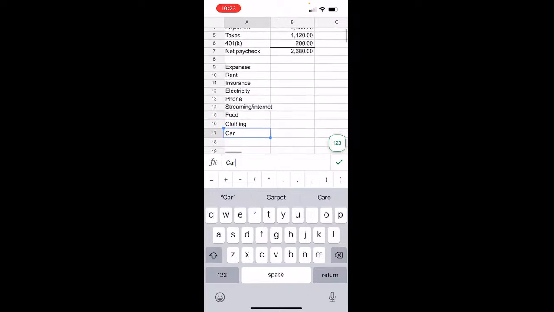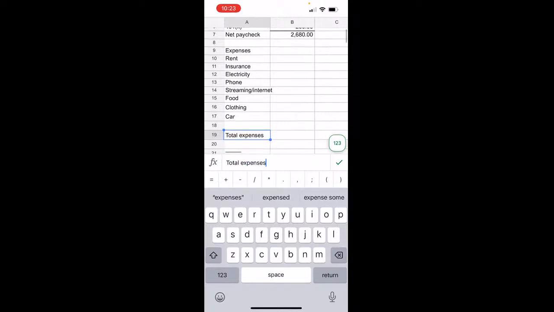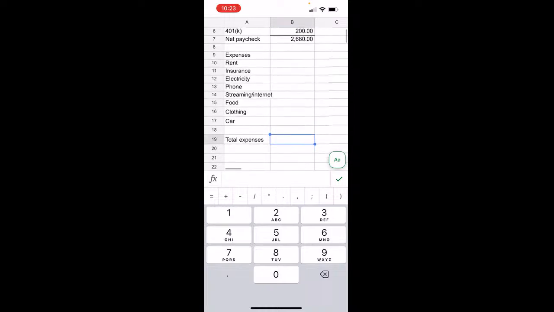And I'm going to stop there just for sake of simplicity, but I'll show you how you can add more expense categories in a little bit. But I want to go ahead and put a sum here as well